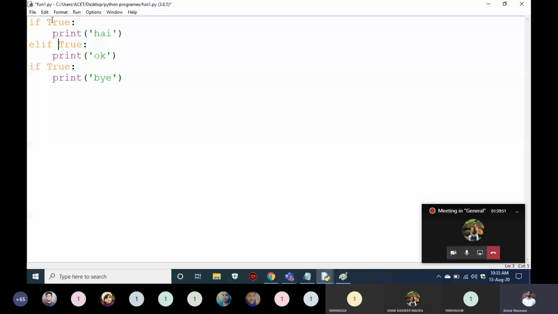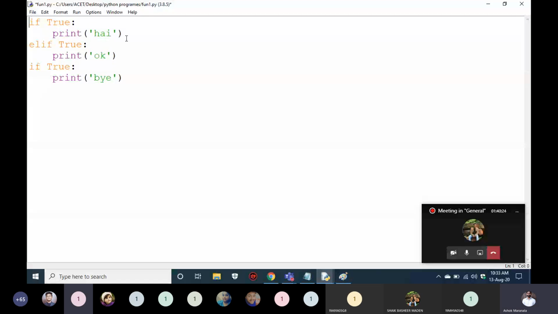It is unnecessary waste. If you write again if here, the second condition is also getting checked. Second condition కూడా చెక్ చేస్తుంది. If you write a third if, it will also be checked. Okay, so we don't write code by using multiple ifs. Multiple if అన్ని యూస్ చేయమన్నమాట. We use if, elif and else. So if, else use చేయడం వల్ల advantage, what is the advantage of using that? If any one of the statements is true, then all the other statements will be ignored without checking, right? So that is the main advantage.